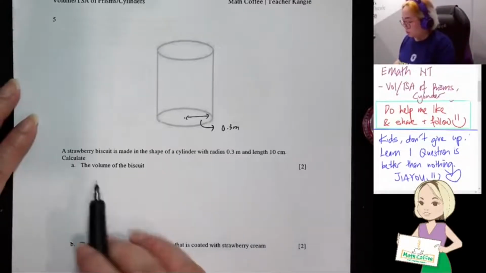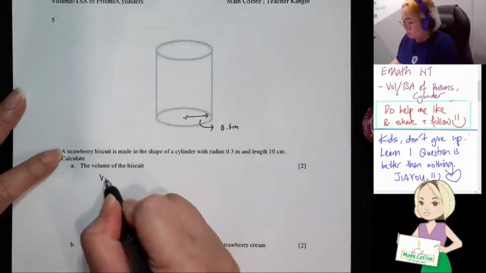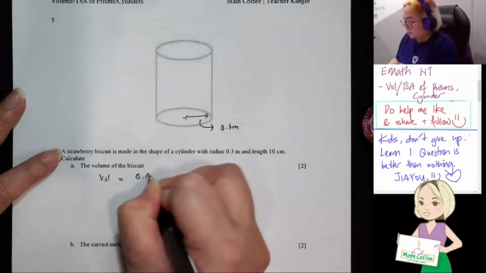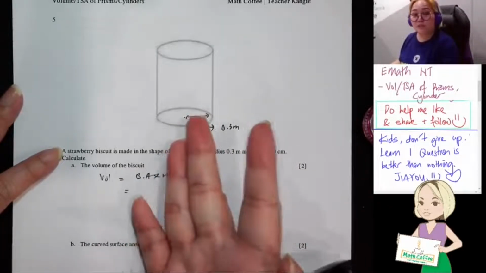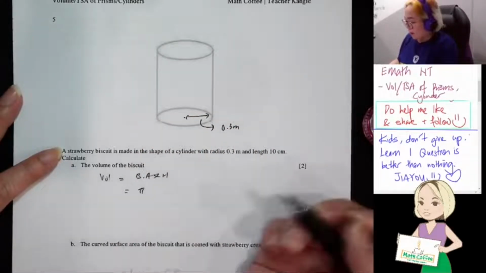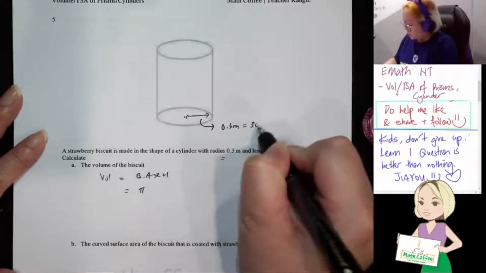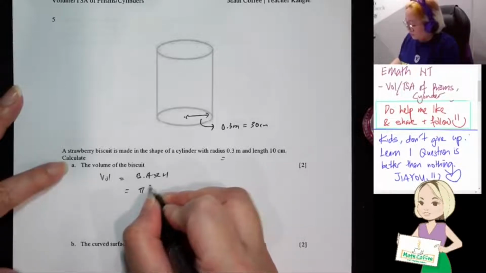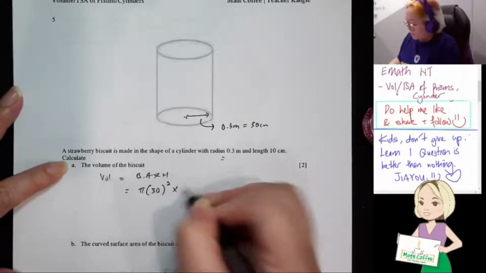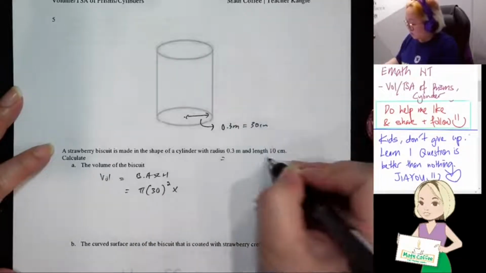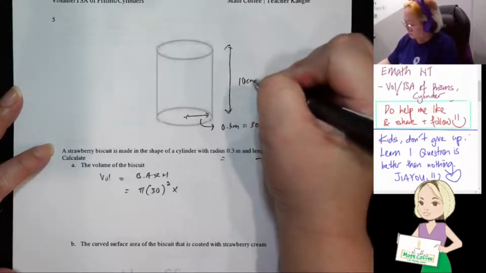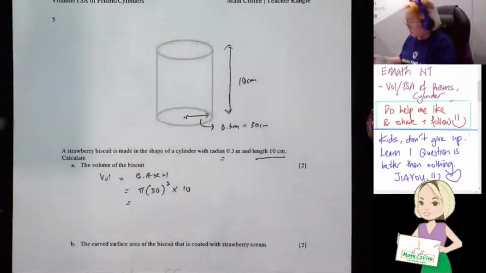Okay, so the volume, remember I said just now that it will be just base area times height, and you analyze that this prism, the base area is a circle. So we use pi r squared. So let's change this to cm. So it's 30 cm. So it will be pi r squared multiplied by the height. In this case, our length, this one is 10 cm, so it's times 10. And they did not mention to use what pi, so we're going to use calculator pi. So pi multiplied by 30 square times 10. That will give us, so big,